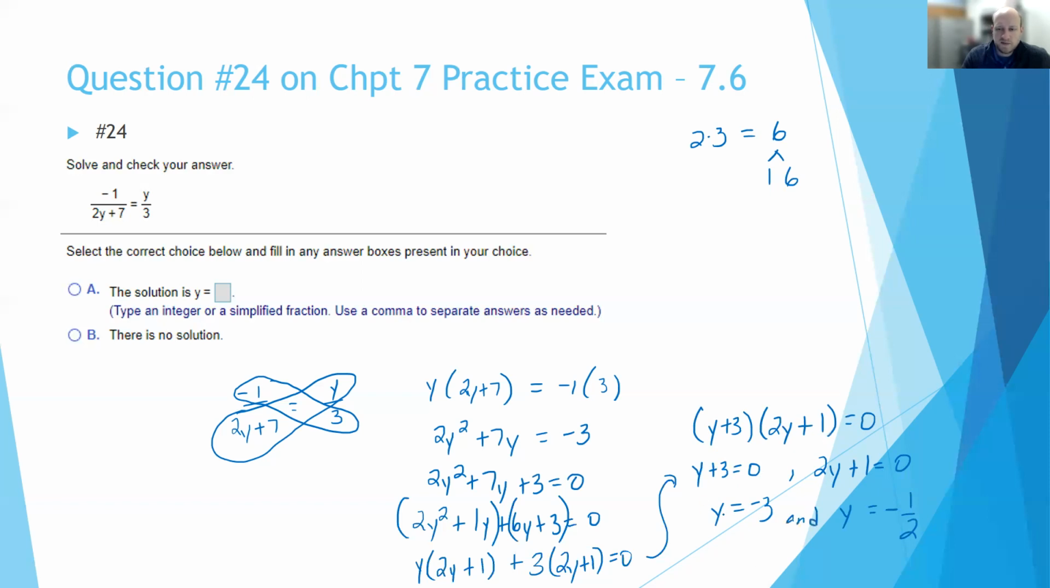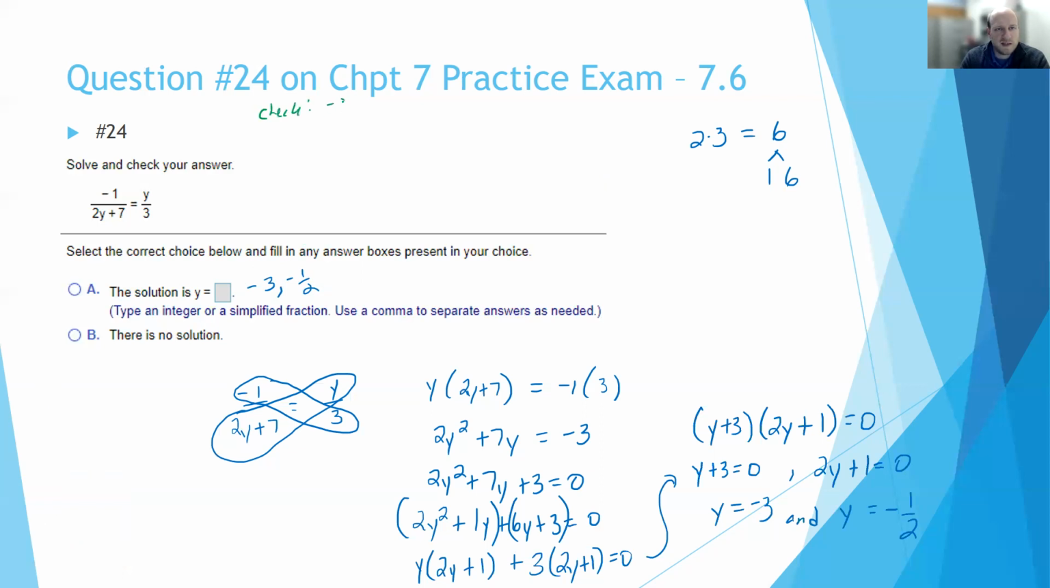Okay, so it should be -3 and -1/2. What we would do here, they want us to use a comma to separate the answers. So that's going to be -3, -1/2. Now, again, you can go ahead and you can check this, right? So if I check it,